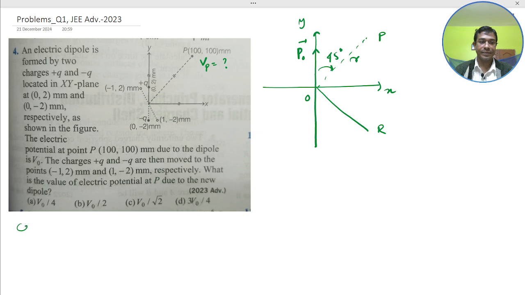So for case 1, V naught is equal to K P naught by R square into cos theta, here given cos 45 degree,